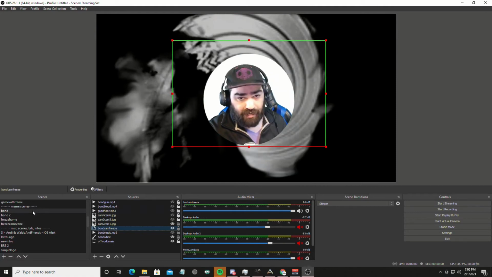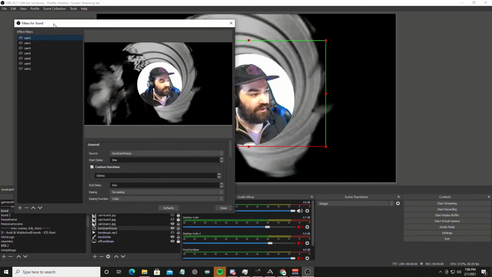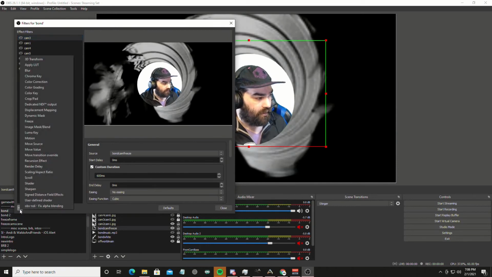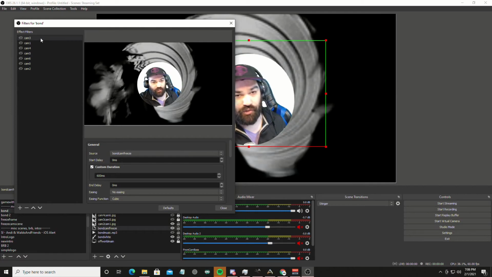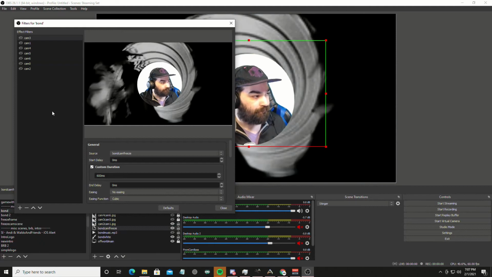I've already populated these, but you're going to need to populate move sources here. So underneath the scene itself, right click, go to filters, and then we're going to need to do a new move source. So plus move source, and then we need to make sure that the labels are correct. We need to make 7 of them, cam 0 through 6. So this one, you see the JPEG says cam 2, cam 1. So I'm going to highlight cam 1,